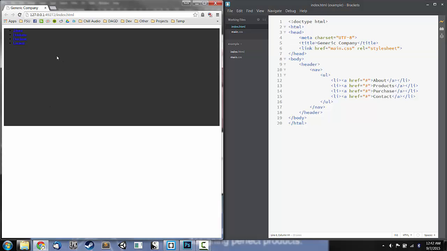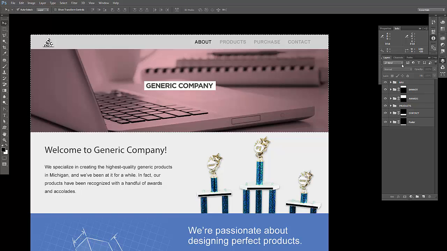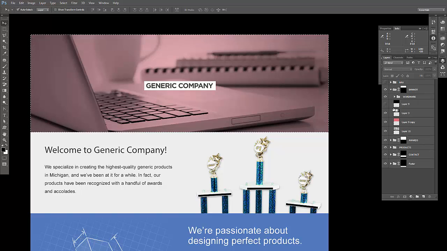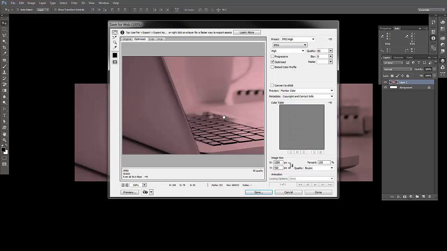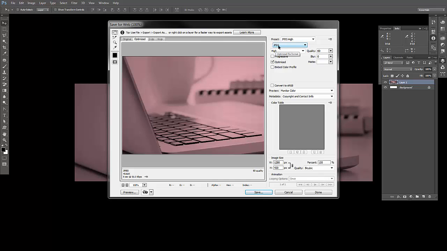Now, before we write any more CSS, let's go ahead and get that background image saved out of Photoshop so that we can use it. I'm going to do a Control-Shift-C, Control-N, Control-V, and then Control-Shift-Alt-S. Now, I could save this as a JPEG. If I save it as a JPEG at this quality, it'll be 40 kilobytes. If I save it as a GIF, it will be substantially larger, and if I save it as a PNG, it'll be much larger. So we're going to go with a JPEG,